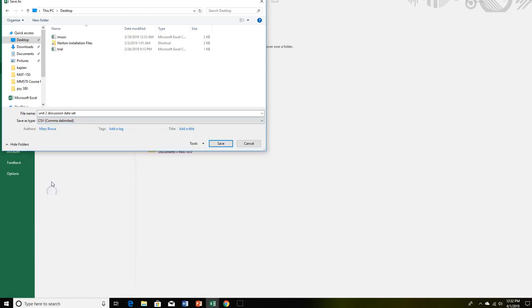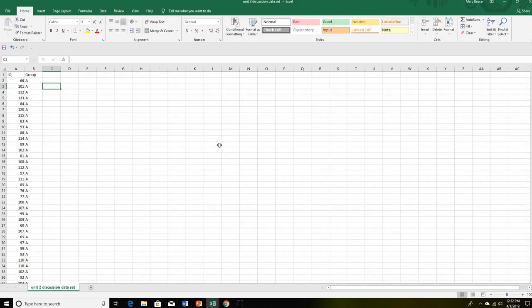So I'm going to click on that, and notice it did change the file type that it's being saved as. And then I will go ahead and click save, and it's going to save that on my desktop. Okay. Now at this point, you are going to be ready to upload this CSV file into StatKey, which you